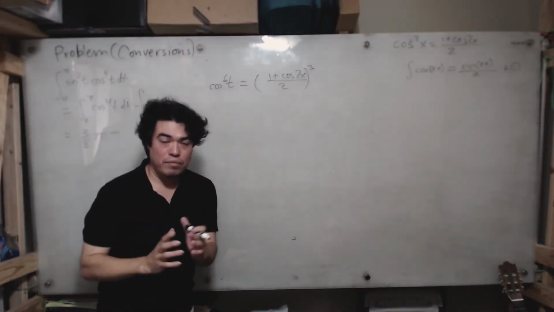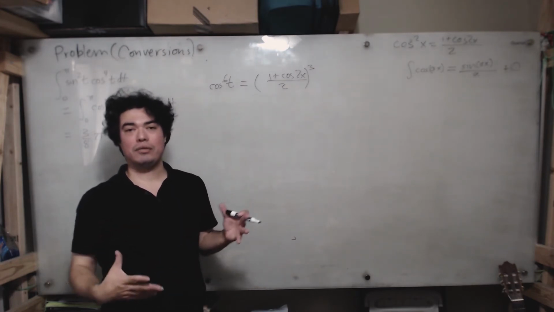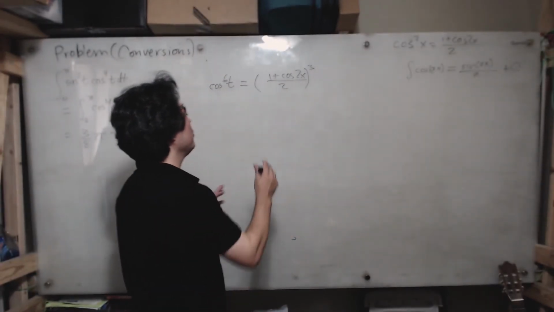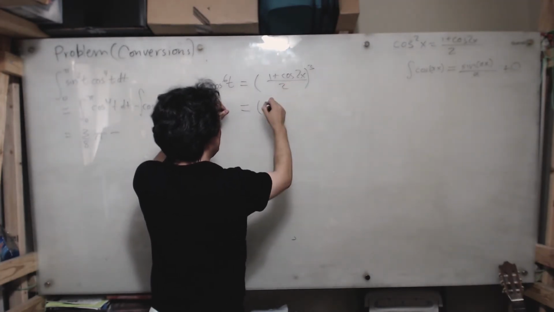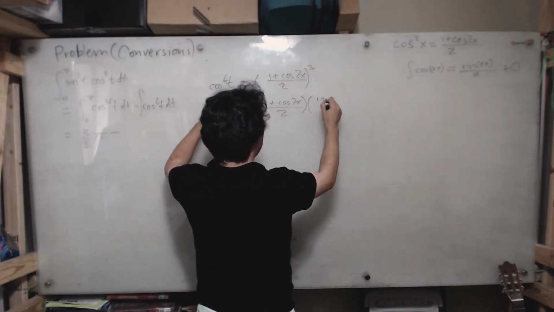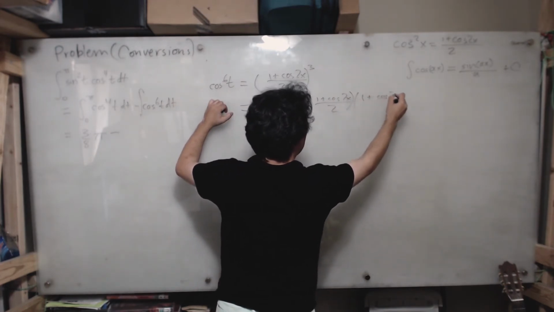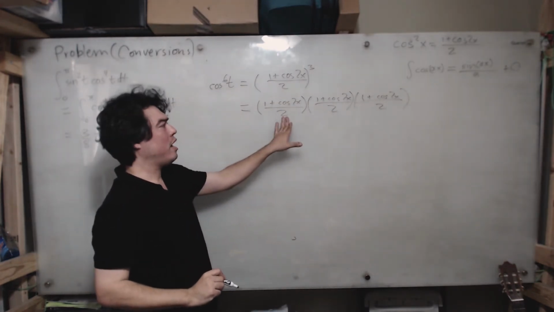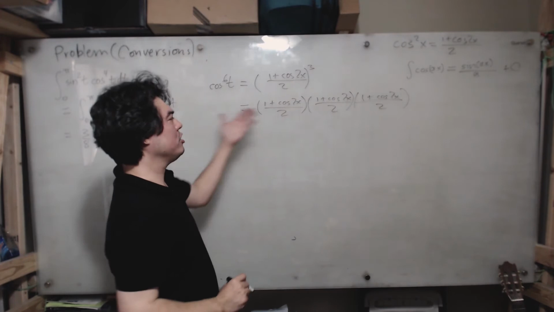Now, I'm going to do something that I could have done in the previous step when I was squaring it, but I didn't because I didn't feel it was strictly necessary and it wasn't too complicated. But here, what I'm about to do is going to help us out a lot. This means 1 plus cosine of 2x over 2 times 1 plus cosine of 2x over 2 times 1 plus cosine of 2x over 2. The denominator is going to be 2 times 2 times 2, which is 8. I can just pull that out to the front,